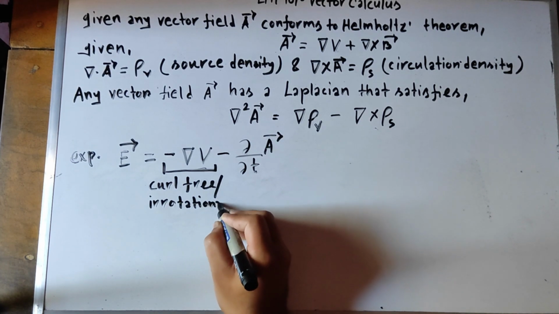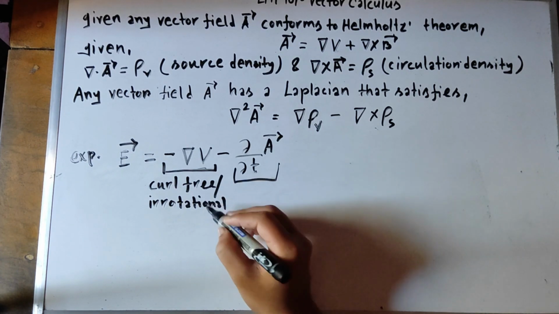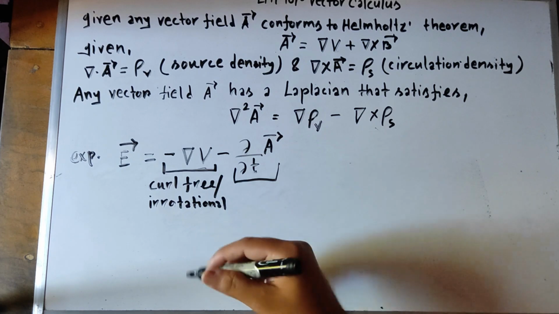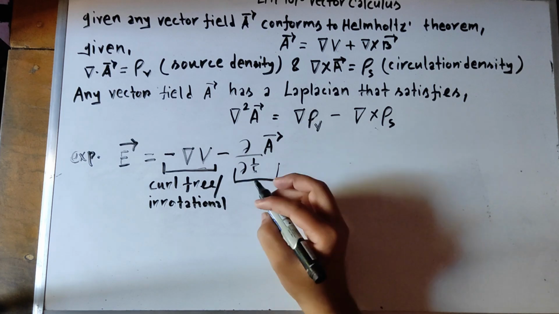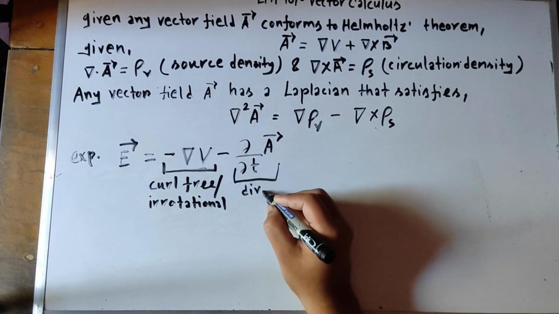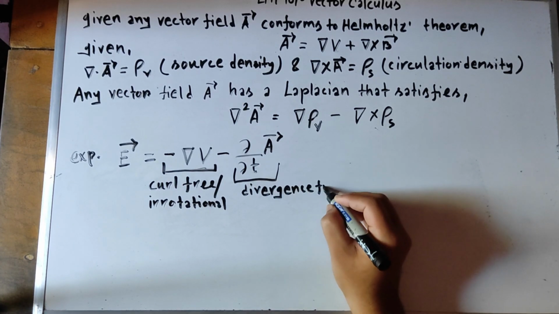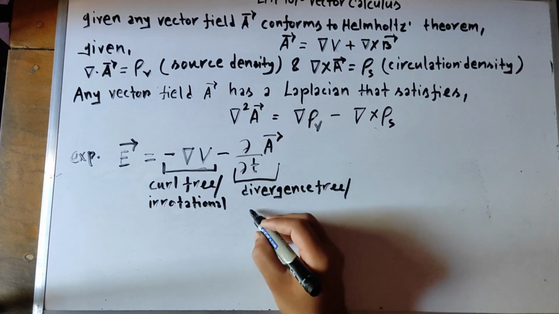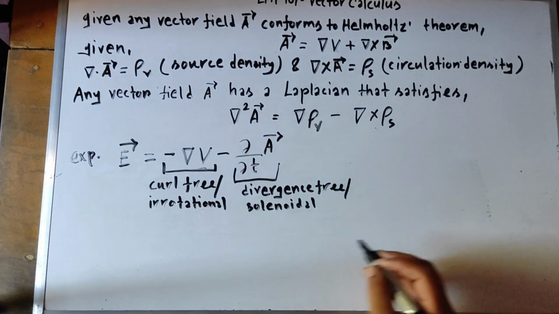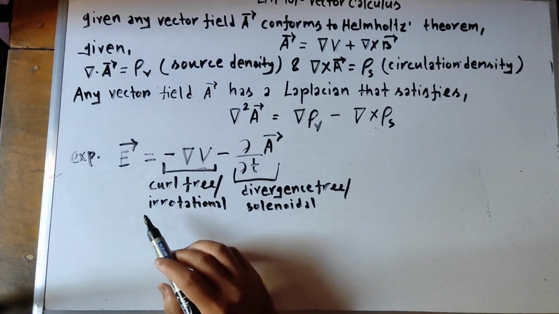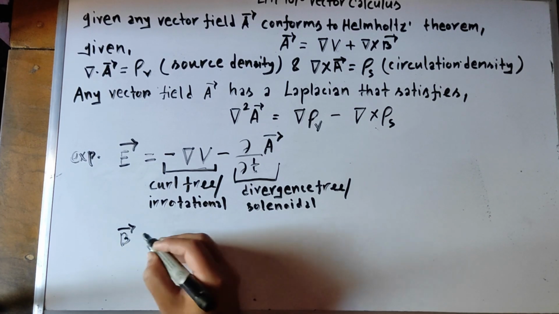So the electric field can have both a curl free or irrotational component and at the same time a divergence free or solenoidal component. So the electric field can have both parts, but when it comes to the magnetic field,